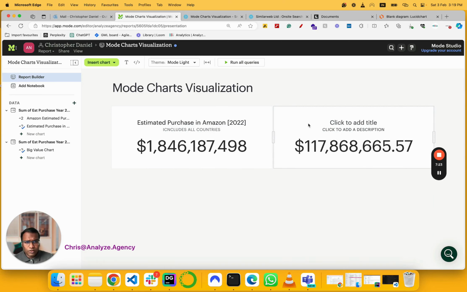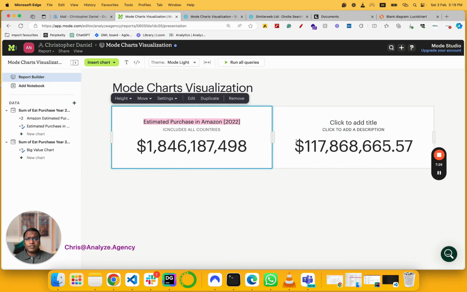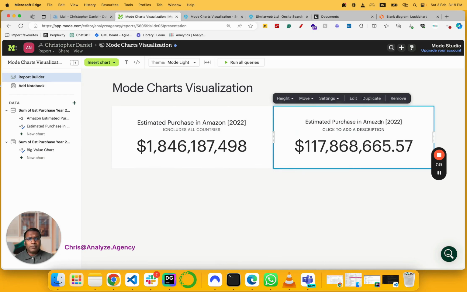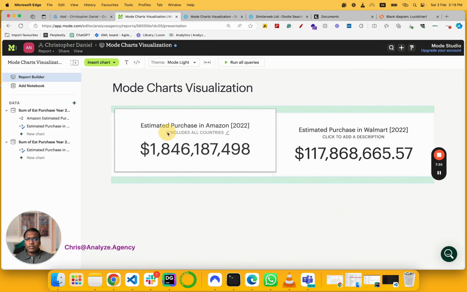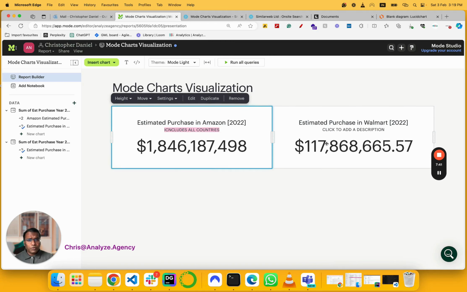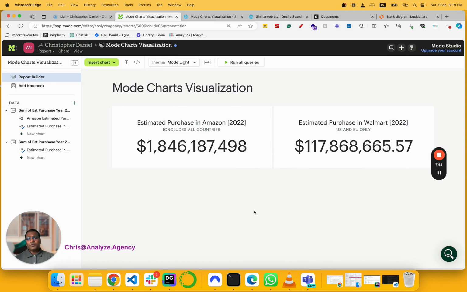And in order to achieve uniformity, I would copy the exact wording from here and replace it with Walmart. But when you plug and play, feel free to do what you want to do. Let's say if I wanted to add more description, let's do this: US and EU only. So that's all, folks. This is how big number operates, and it gives you one big number,